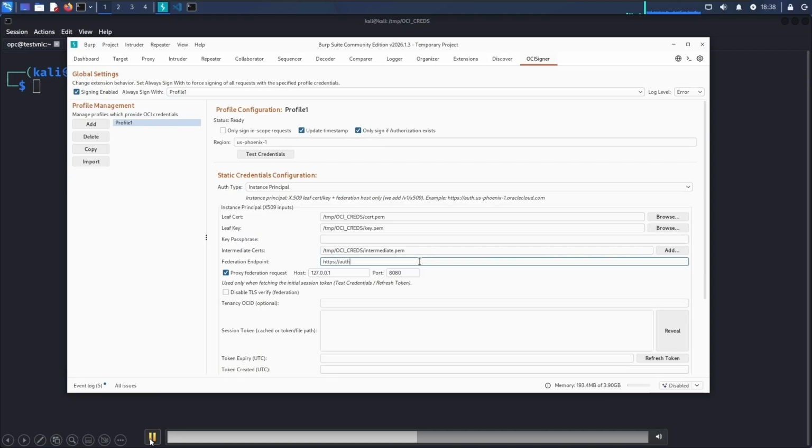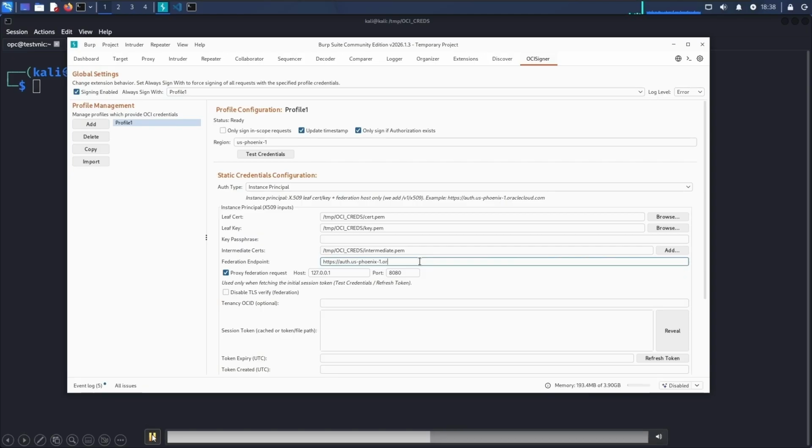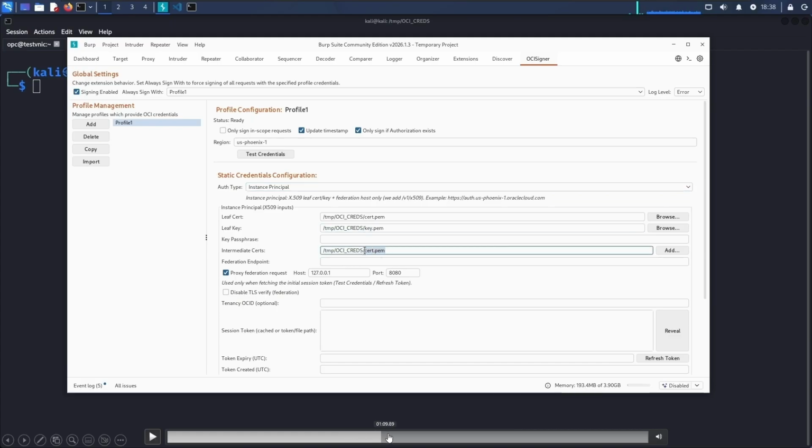Now what's going to happen is it's going to send these, again, this is all from your local file system now, right? We're done with the instance. Ideally, you'd want to run the SDK from the instance, but we're going to do it from our local file system, or local host. So I put in my federation endpoint, and this proxy federation request,